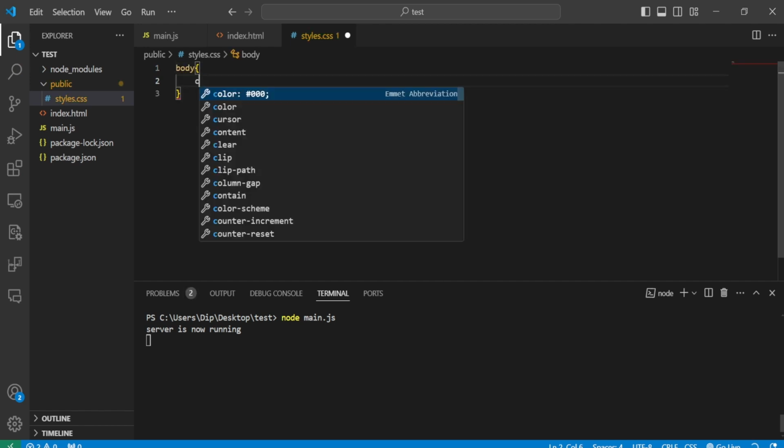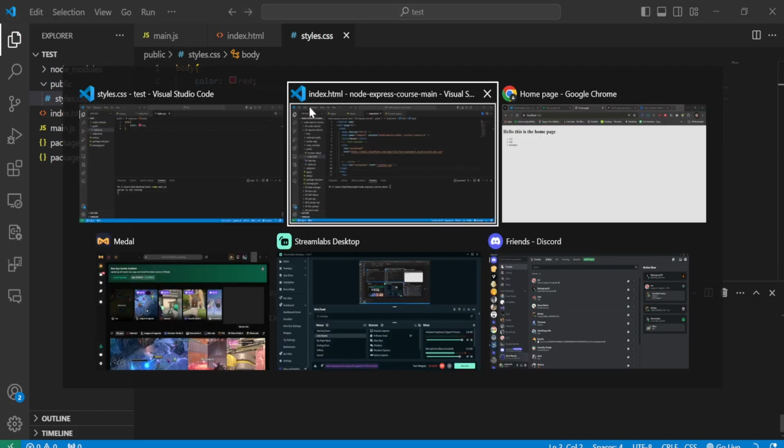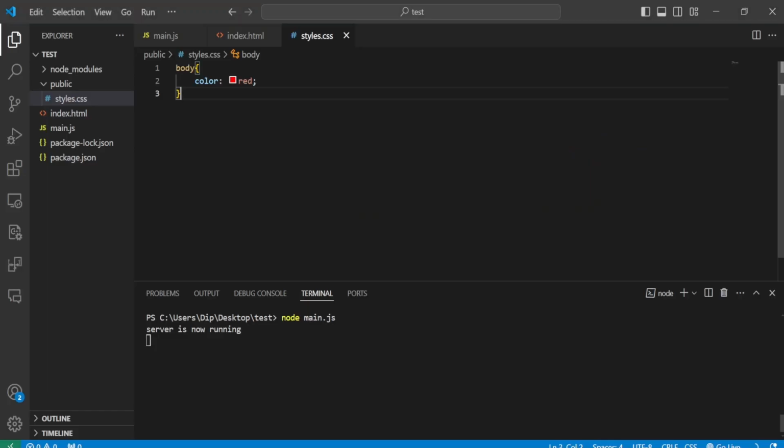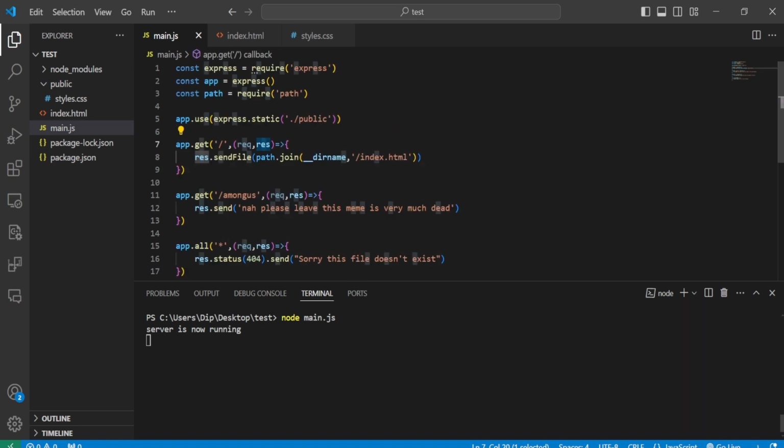Body color red. There we go. And if we refresh our page, hopefully, oh, there we go. Our text is now red. But here's a quick thing I want to demonstrate, because you might be asking, okay, that's cool, it works fine, but how does it work, right? Because we called here in the file